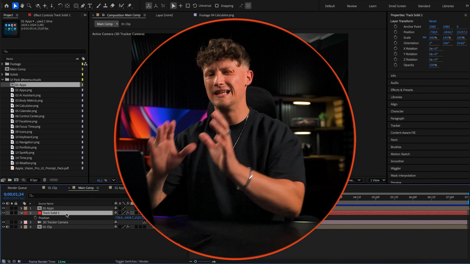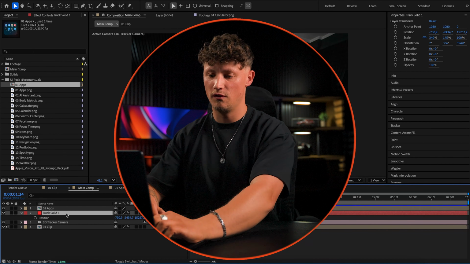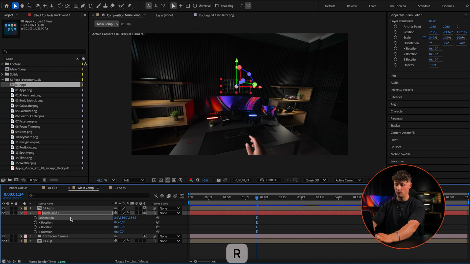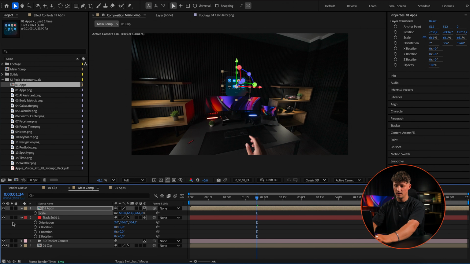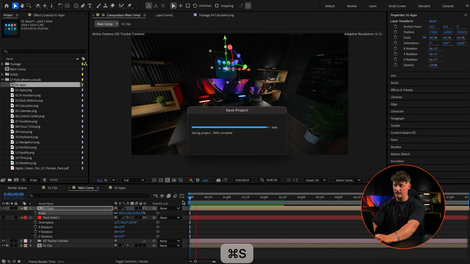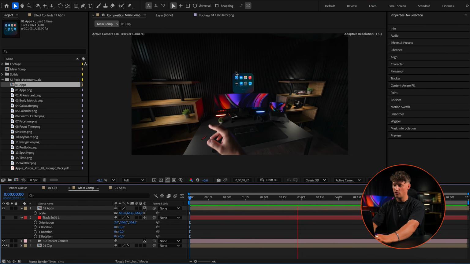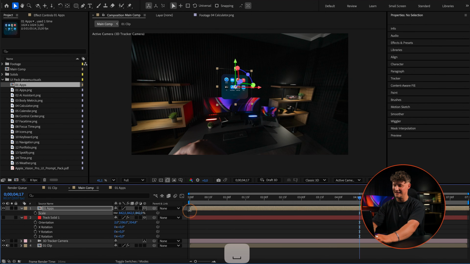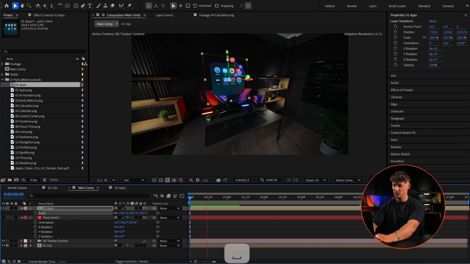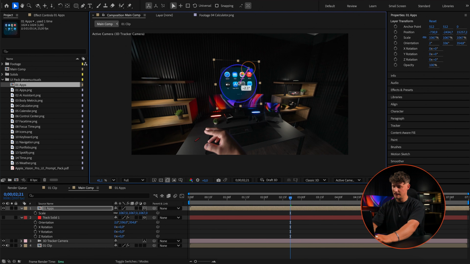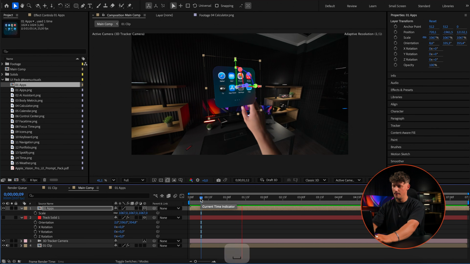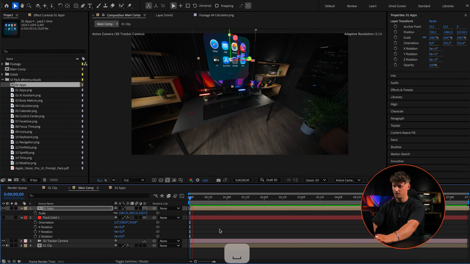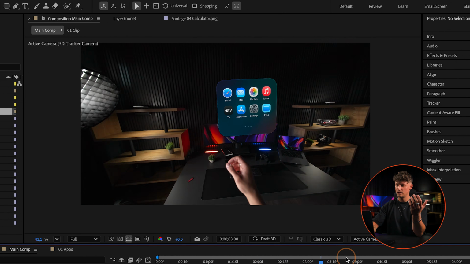And since we have already slightly adjusted the orientation of that solid, we can also bring up the orientation with pressing R, copy and paste it onto the apps layer. And let's make this one a little bit bigger. Toggle off the track solid. And now we have actually placed our first HUD here in the scene, which is super, super cool, right? So that was pretty quick. I'm slightly gonna adjust it here. I'm bringing it a little bit closer, so it's like a little bit closer to my hand. Nice, just like that. That is pretty cool. Yeah, seeing that everything works, first graphic is done.